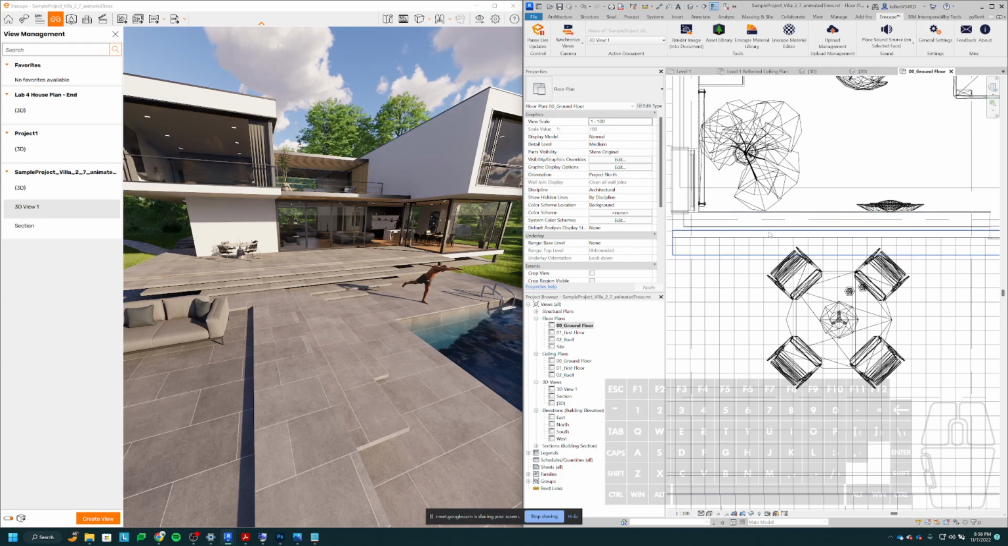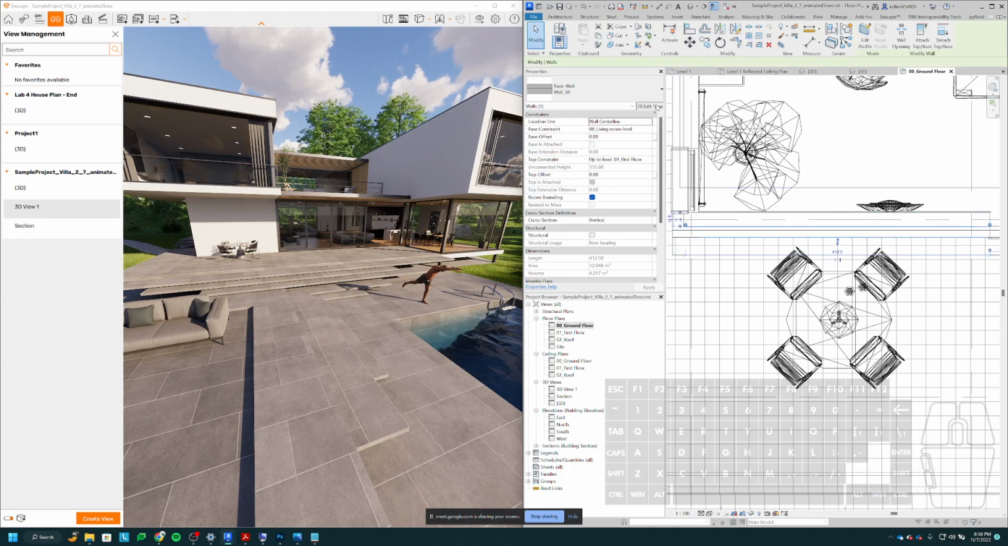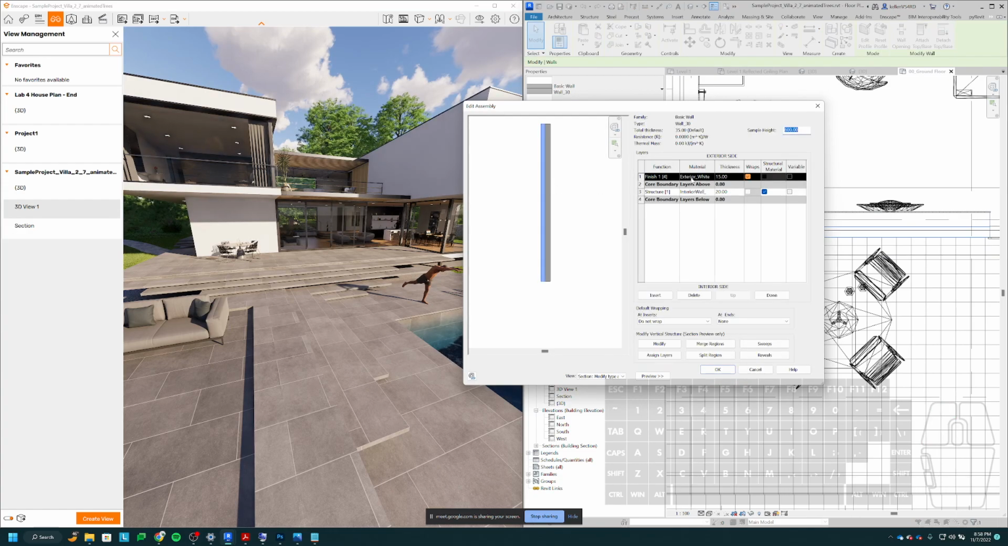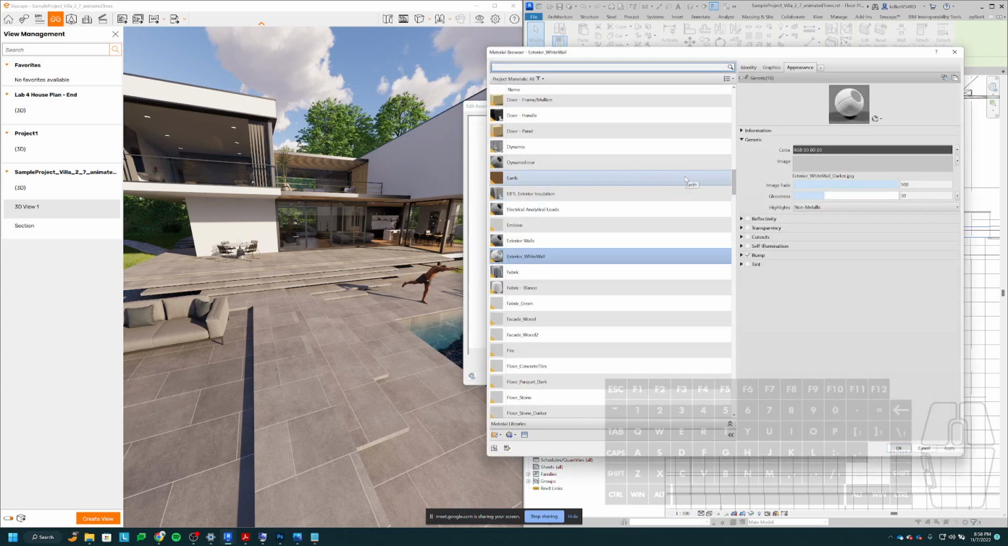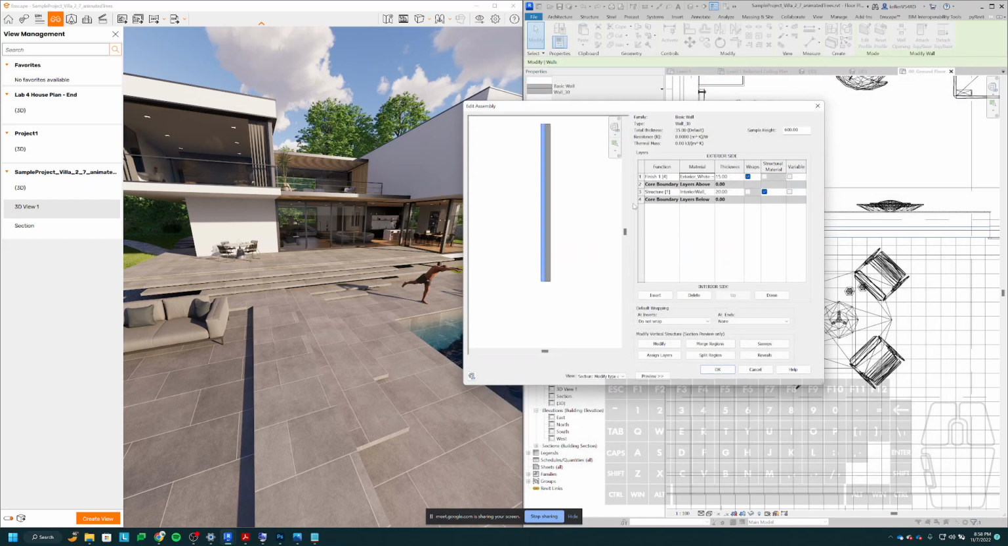If I were to click on that wall and go to edit type, you can see that the material on the wall by default is this exterior white material. So usually you want to apply materials using this method, where you're just applying it to the object itself. The paint tool is handy